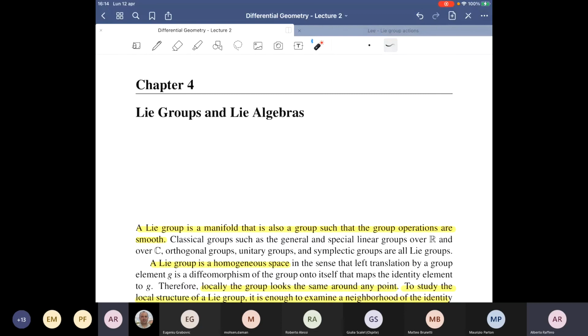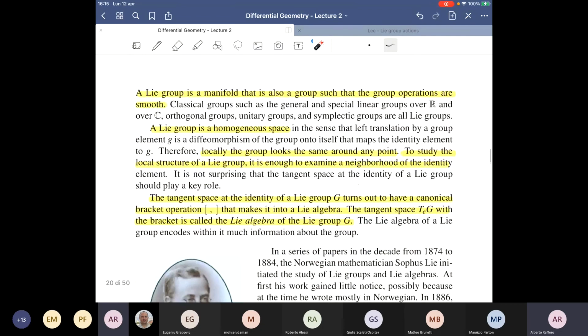So let's start with this new topic, which involves the groups and the algebras. And you already met the groups in the previous lecture. So as you defined them, you saw that they are a merge of two different structures. We have an algebraic structure, which has the structure of a group, whose definition I recalled before. And you have a structure of a smooth manifold. So you have these two different structures involved in the same construction. So this is precisely what a group is.